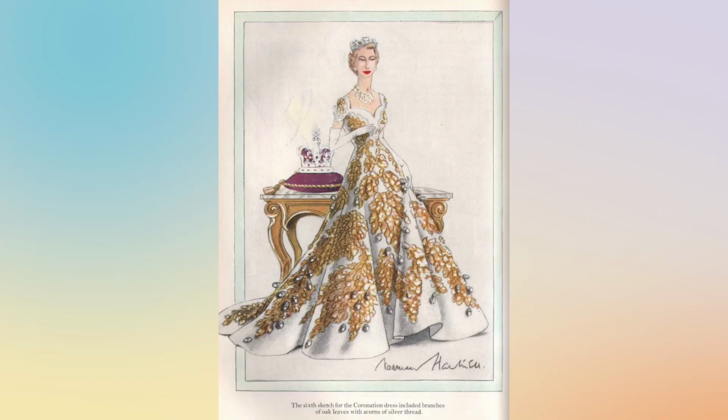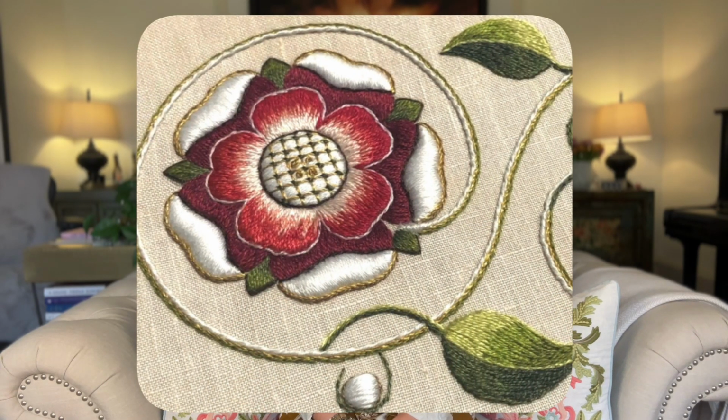The next, also in white satin, featured oak leaves and acorns in copper, silver and gold thread. The seventh featured appliqued Tudor roses of England all over the skirt with looped fringes of golden crystals. And the eighth was very, very similar to the seventh, featuring appliqued designs of all the emblems of the United Kingdom in white and silver. Sir Norman and the Queen perused all of these designs in the form of his beautiful paintings together,